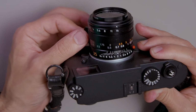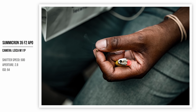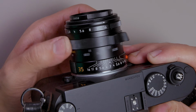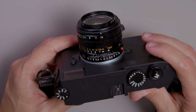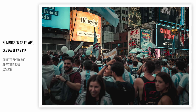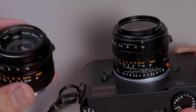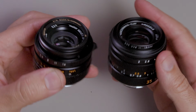Now, when you go from infinity to 0.7 meters, this lens is going to have a detent, a design that we have seen on some of the other modern Leica lenses. Then when you push it a little bit more, the lens will spin all the way to 0.3 meters. When it comes to its construction and size, this lens is pretty small in my opinion. It has a little bit of heft, and I want to show you right next to the Summicron version 5. In fact, I'm going to remove it from the camera and let you see both lenses